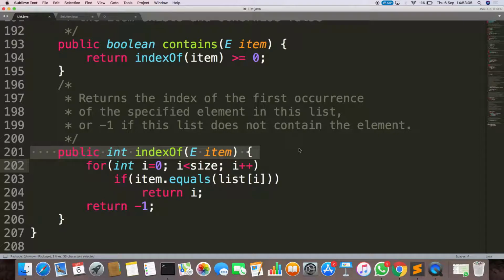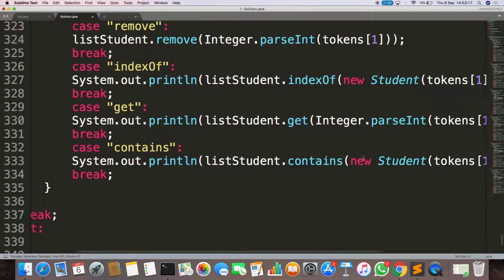MSID is only the name. MSID is stored in the name attribute of the student object. That's it. Okay, but see here, what we are trying to pass here,